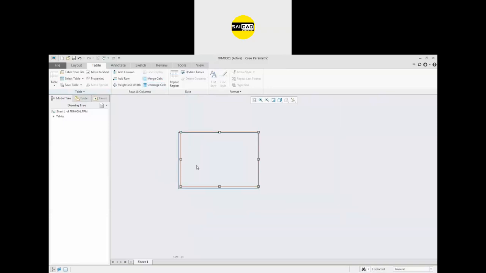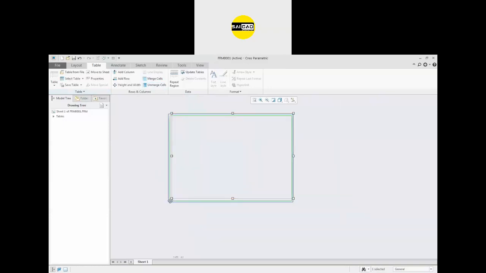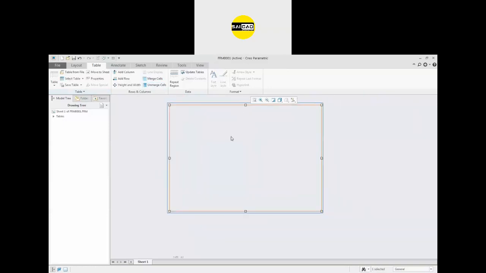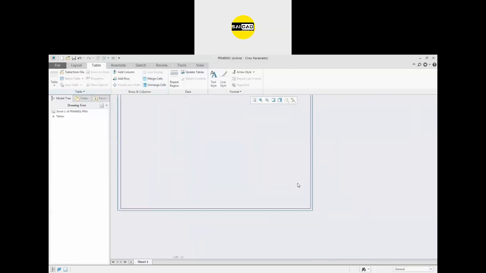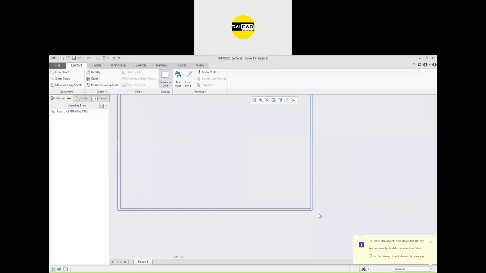So move it according to your need, like that. You need this one. So now we need to create the location grid. Okay, like that.